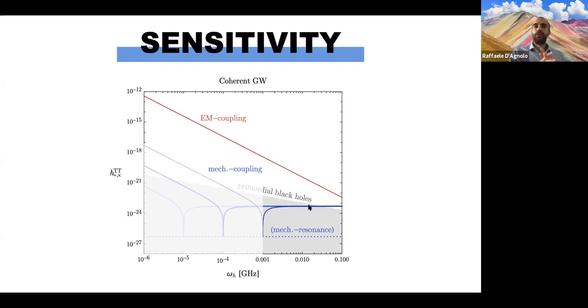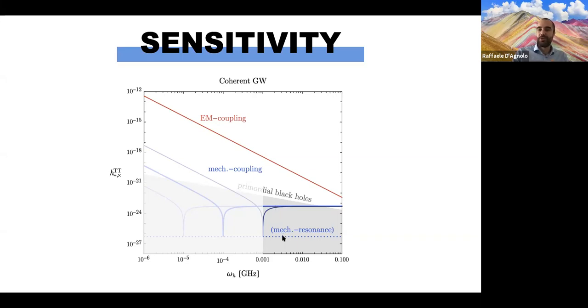The way these lines were made was, in the solid lines in the mechanical case, we assume to be able to tune the two modes at each point so that they're split by the frequency of the wave. And this can, for example, be achieved with some piezoelectric sensor pressing on the wall of the cavity, but the detailed design is still under study. The difference between the solid and the dashed line is that on the dashed line, we've assumed that there is a mechanical resonance also at every point, which is actually close to what MAGO was finding. So there are mechanical resonances separated by, I think, order 100 Hertz. So they're pretty dense.